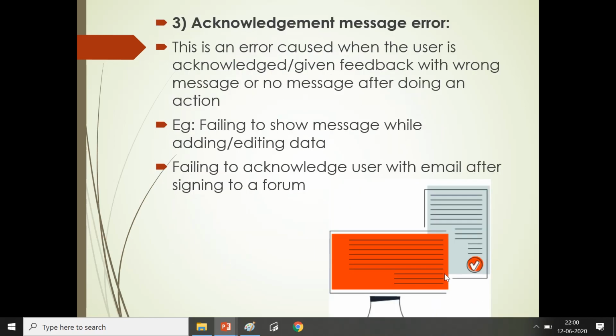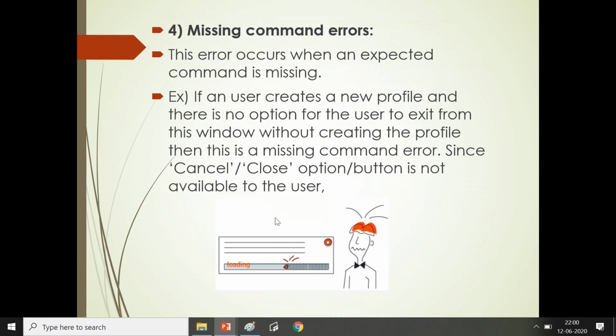The third one is acknowledgement and message error. This is an error caused when the user is given feedback with a wrong message or no message after doing an action. For example, failing to show messages while adding or editing the data. Missing command error occurs when an expected command is missing.